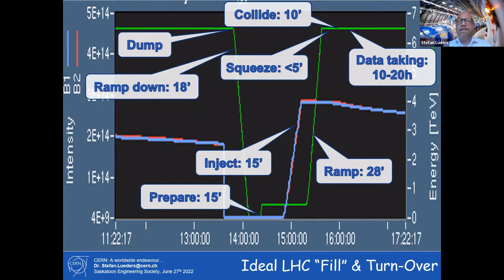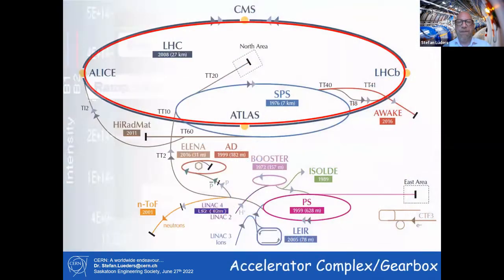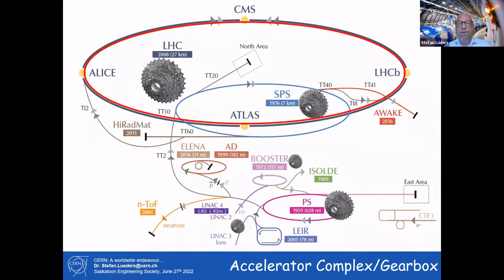You fill, you take data, because what's counting for us is just taking pictures of collisions, because this is how the statistics come in. The accelerator complex is looking like this. This looks like more or less the public transport in your area. We got lots and lots of different accelerators. I will not explain them all, but the whole business starts at the very, very bottom with the so-called LINAC 2, LINAC 3. This is where we start accelerating the protons to 30% of speed of light.